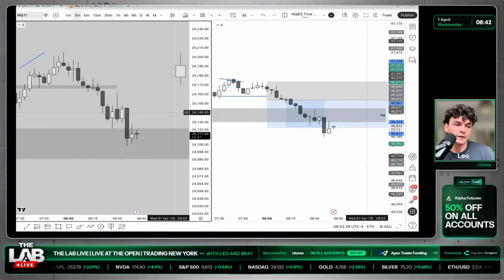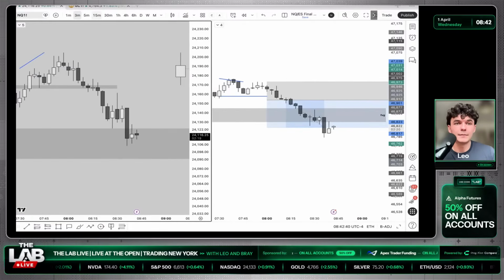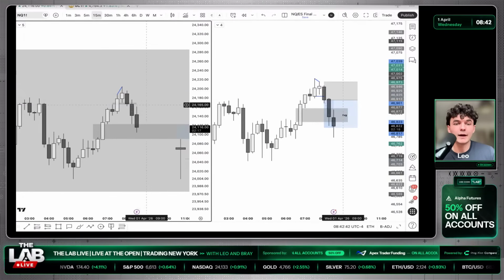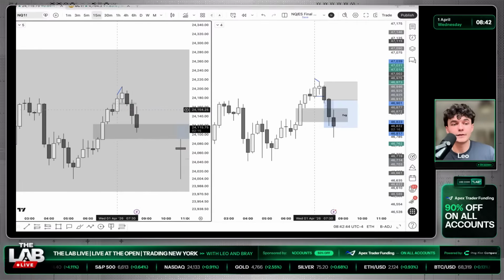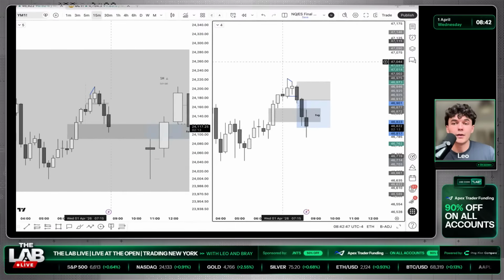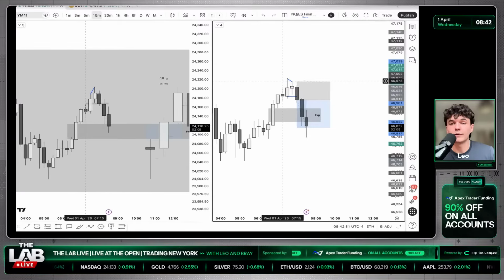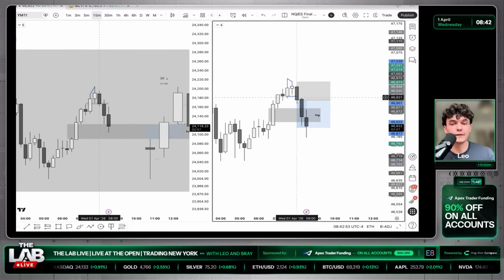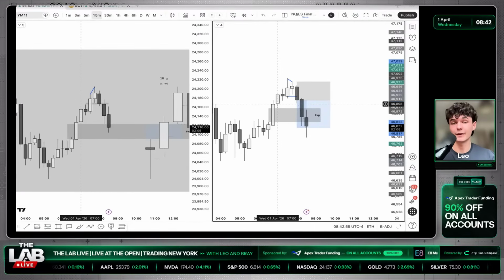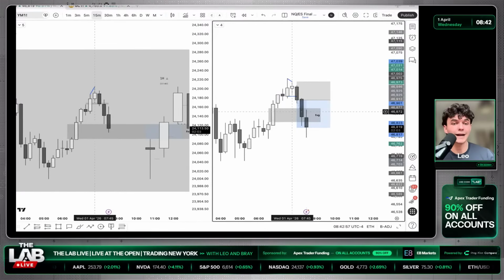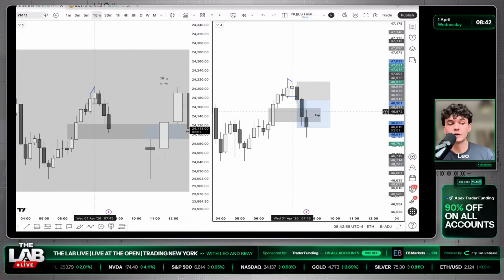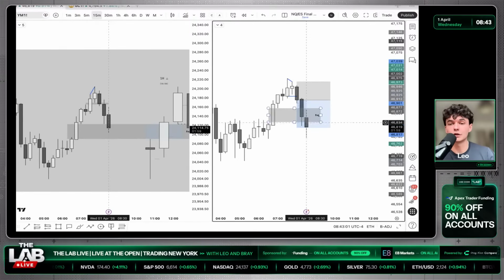Can you describe the thought process of the short on NQ? 15-minute SMT at the highs inside of a higher time frame fair value gap confirmed a change in state of delivery. YM, it wasn't NASDAQ that I was shorting. It was YM that I would have wanted to short. Reason being, SMT confirmed with a change in state of delivery inside of a higher time frame fair value gap, leading asset, stronger asset of the correlated pair. So now all I'm looking for is to see a short signature.